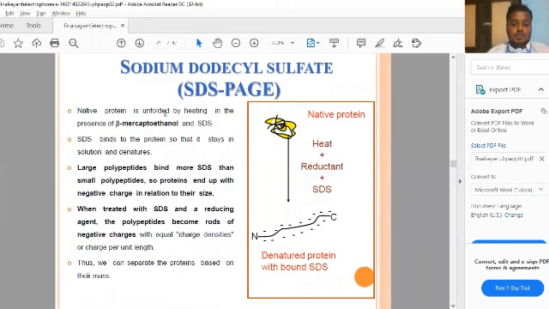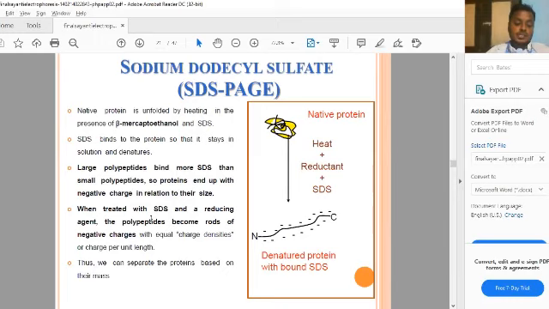So next we move on to sodium dodecyl sulfate PAGE, otherwise called SDS PAGE. The native protein is unfolded by heating in the presence of beta mercaptoethanol and SDS. It binds with the SDS solution and denatures. Large polypeptides bind more SDS than small polypeptides, so the proteins end up with a negative charge in relation